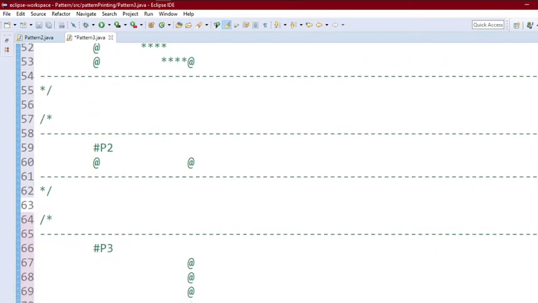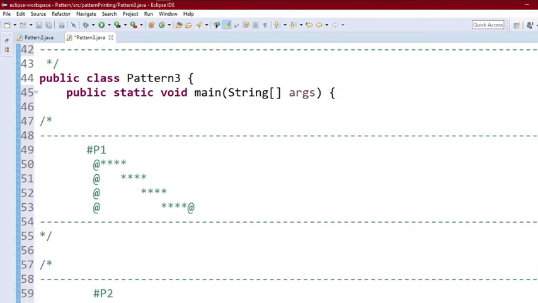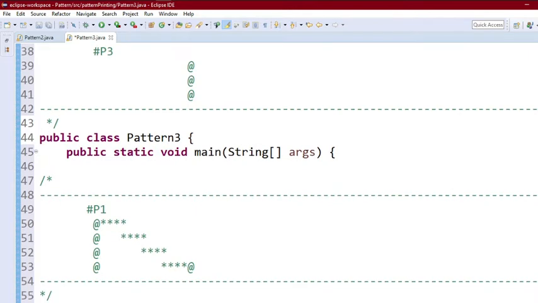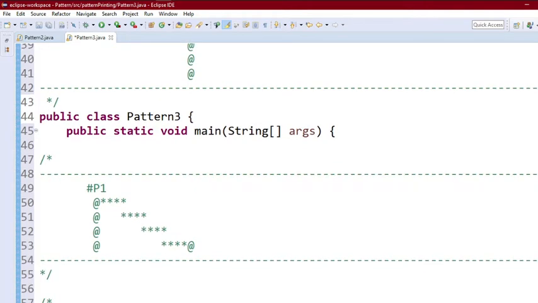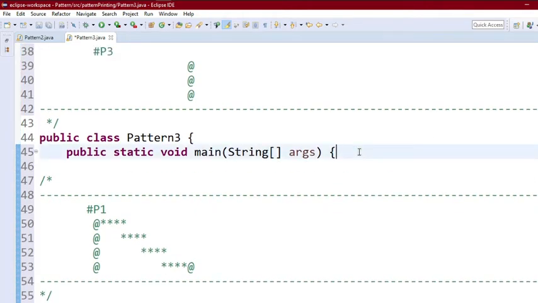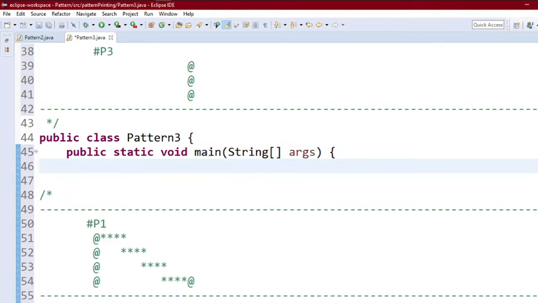I have already copied and pasted it in the main function so that we don't have to move up and down again and again. Let's first take an input from the user so that we can print it dynamically.